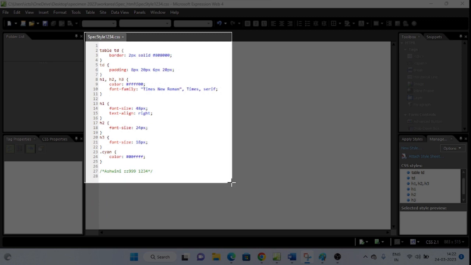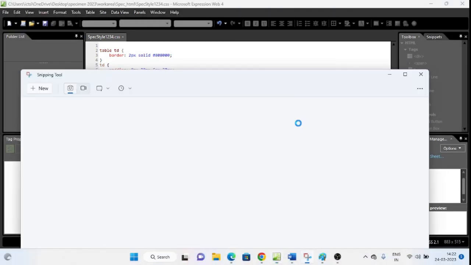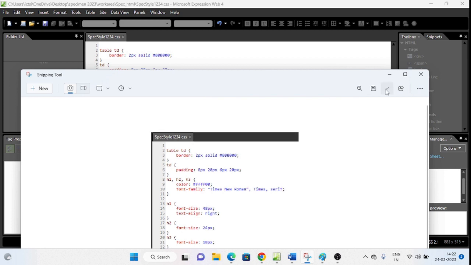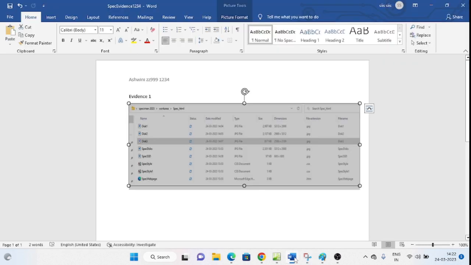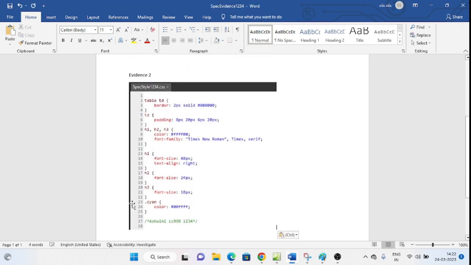You have to show the content of your style sheet, right? So take a screenshot of this and copy and paste it in your evidence document as evidence number 2. Done. Next.